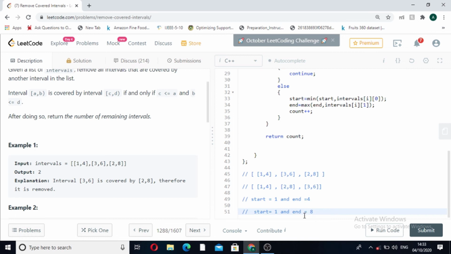So our end has become 8 now. Start is 1 and end is 8. So we have covered these two intervals.